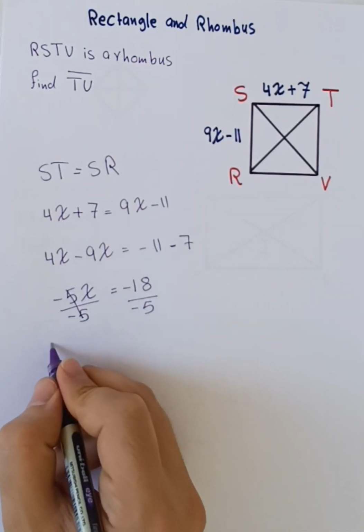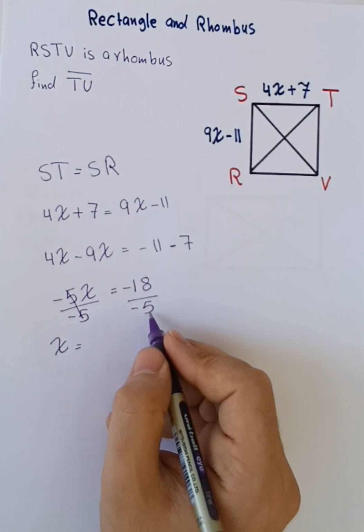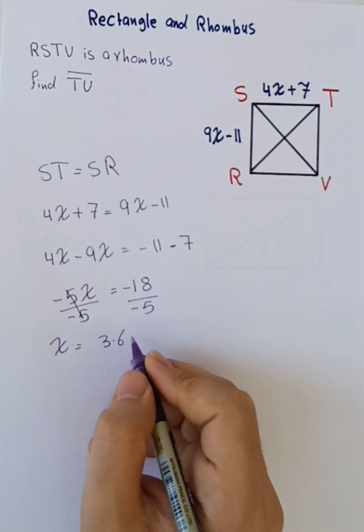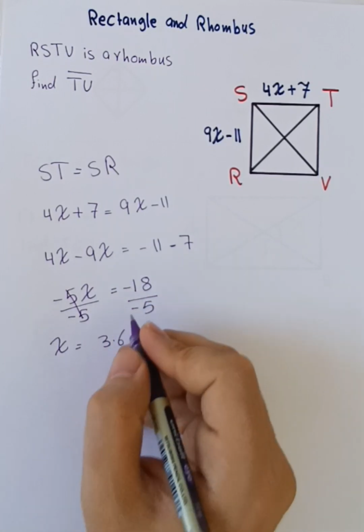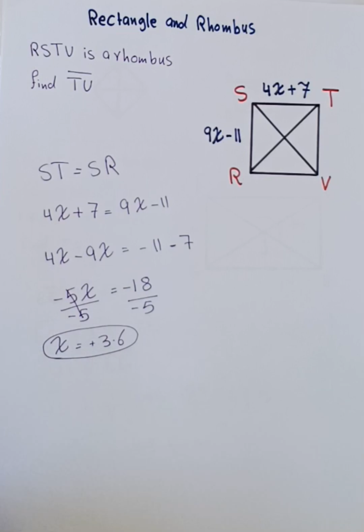These two 5's are reduced. X equal to 18 divided by 5 equal to 3.6, and minus divided by minus, or minus times minus, is plus. So the value for x is